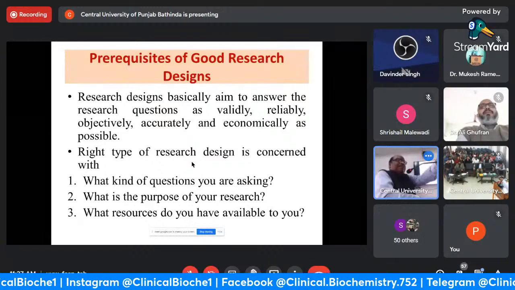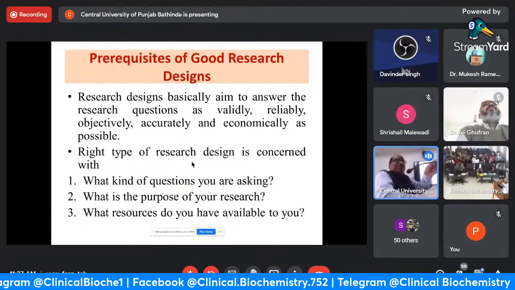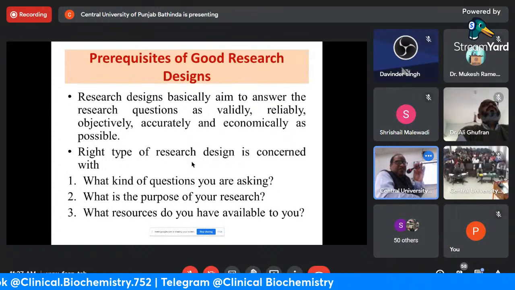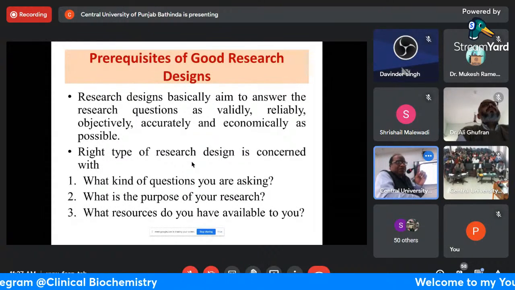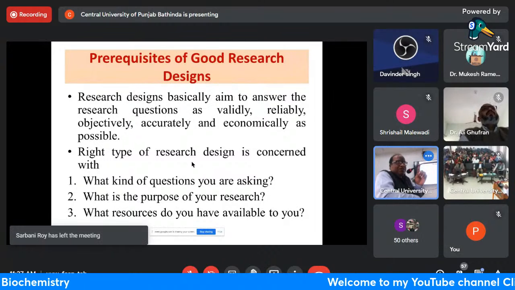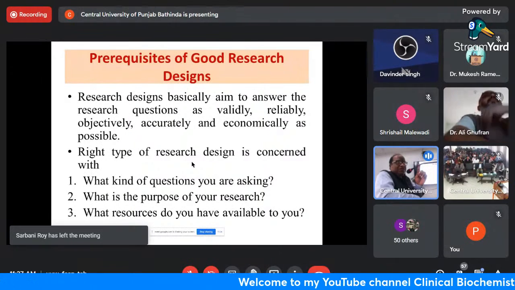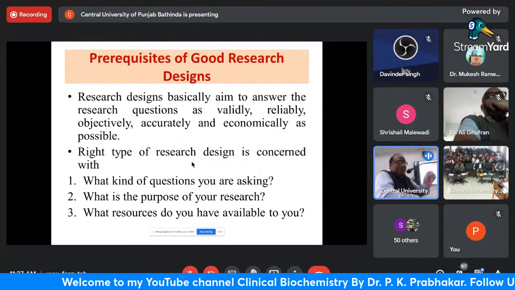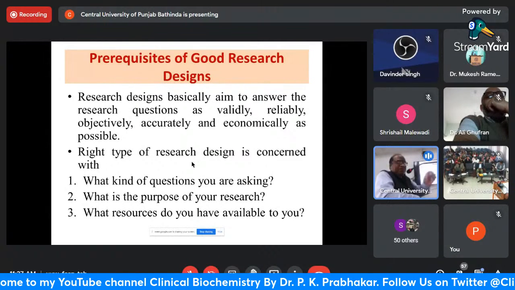That design of research will be called a good research design if it is capable of